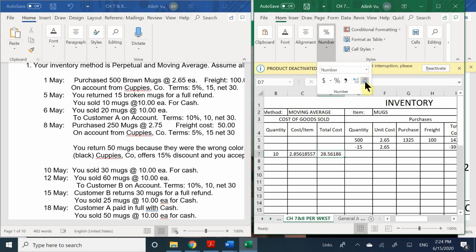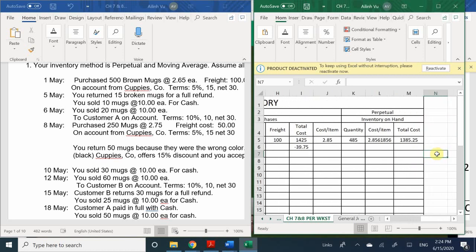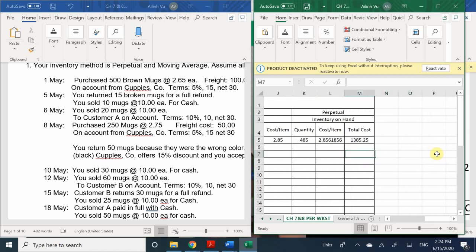Oopsies, wrong way. Okay? 28.56. Okay? All right. So just looking at this number, we can go ahead and indicate it if you'd like to update it that way, you can. I'm going to go ahead and eliminate it so as I go down the line, it will help me keep track. So this is going to be